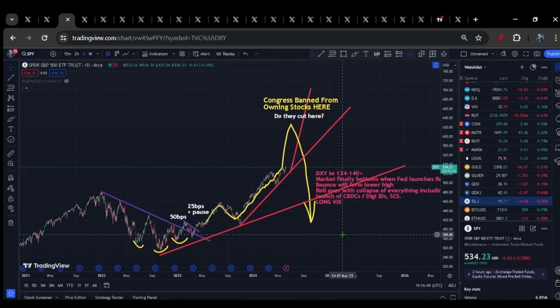against a backdrop of the 2-year yields coming off. For me personally, there is no other way for me to interpret this data set, and thus I can only come to the conclusion that not only are we at the end of these multi-year cycles, not only are we looking down the barrel at a global recession and deflationary bust, but we are also going to see them forced to cut rates in the not too distant future as a result of things like inflation coming off and spikes in unemployment. So what a wild time to be alive.